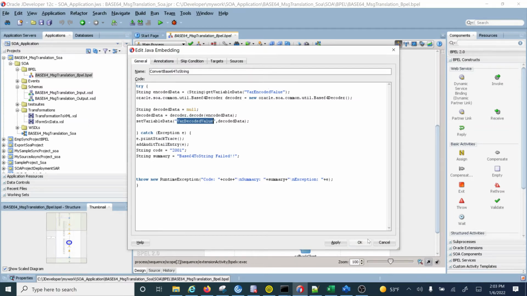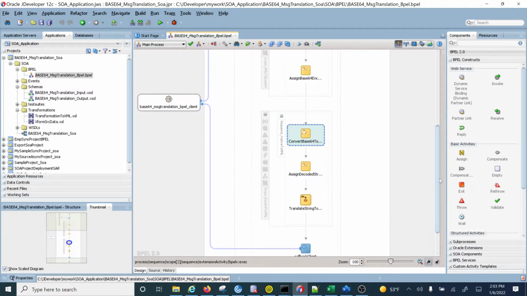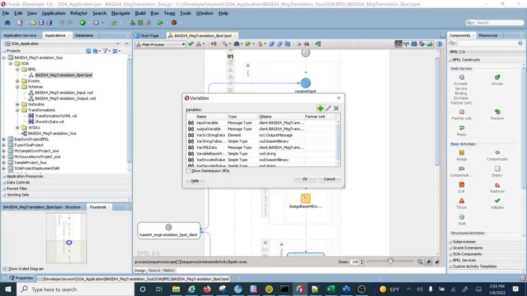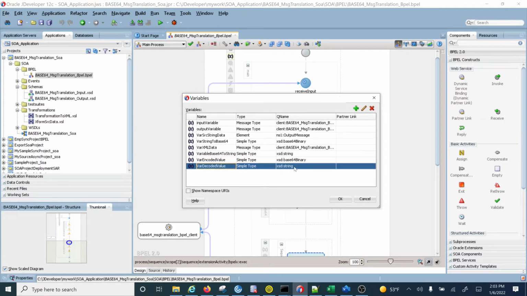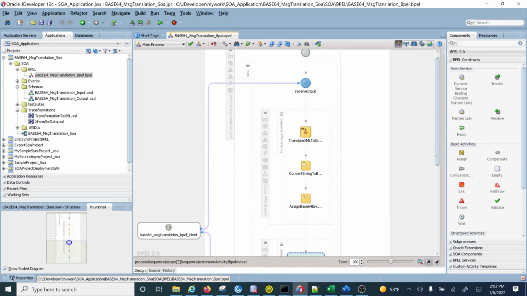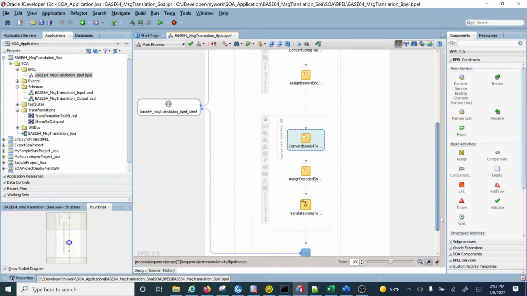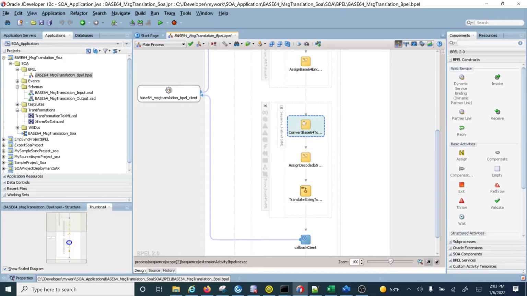And this is the target variable where you are going to store the data in the string format. So this is var decoded value. I will show you the variable var decoded value. This is var decoded value, which is a string, because we are converting the encoded value to the decoded value. Encoded is nothing but the base64 binary format, and we are converting to the string format. Now using the Java callout, we have converted the base64 format data to the string format, and from there we need to decode that value so that we can make it the XML format.